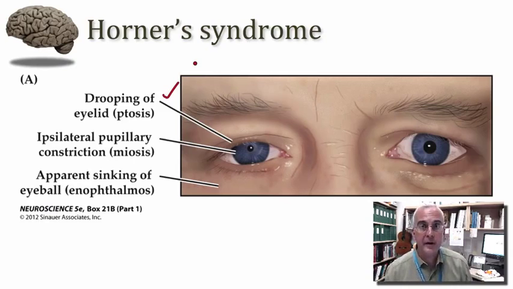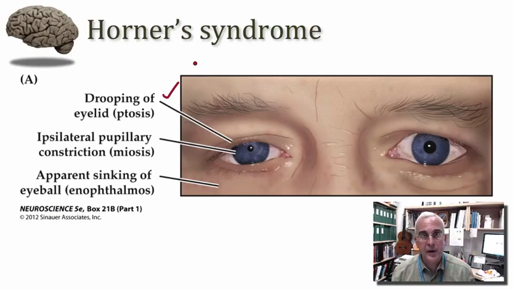There are some other signs and symptoms associated with Horner syndrome that may be a little bit more difficult to appreciate clinically, but perhaps through patient interview you can confirm their presence or absence. One sign you may be able to detect if you were to put your fingertips on the cheeks of your patient, you may discover that the side with the constricted pupil actually feels a little bit warmer to the touch